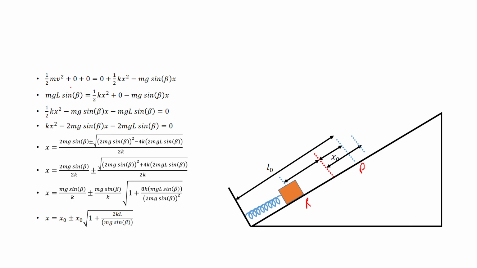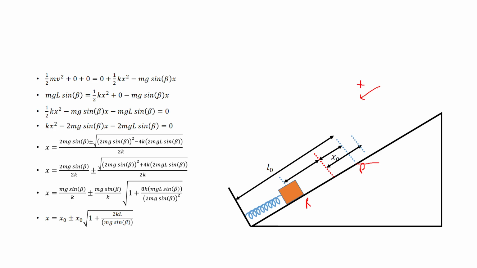half mv square plus 0. Half mv square is our kinetic energy, and this 0 is because we have taken datum at P, so the gravitational potential energy will be 0, and energy stored in spring will also be 0. And when we equate it to position R, where the kinetic energy is 0 and energy stored in spring is half kx square, and gravitational potential energy is minus mg sine beta into x, because I have taken this direction as x, so